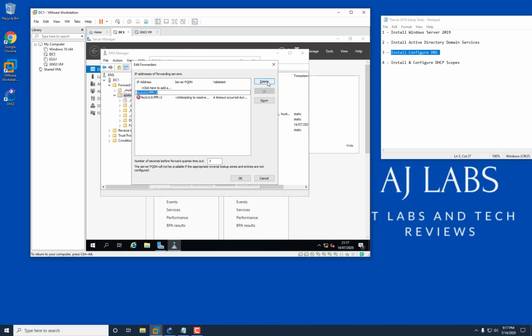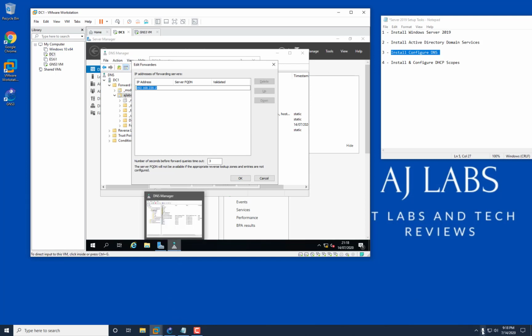click on these, delete, delete, delete, and we're going to add the forwarding IP address of 192.168.220.2, which is my home router's. It's my home network, so it's going to basically forward anything it doesn't recognize to my home router. So click on that. Make sure you put the IP address of your home router or whatever IP address you